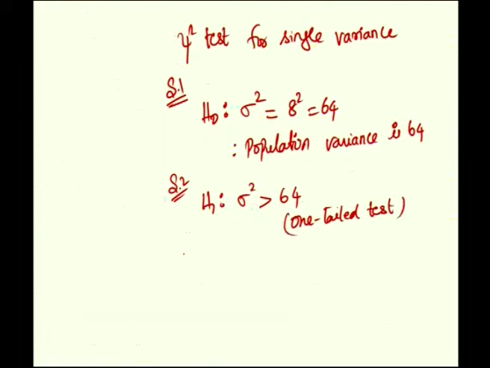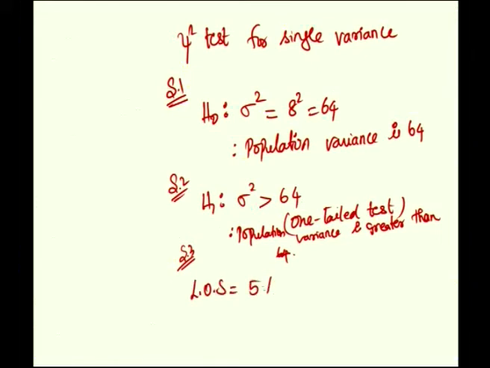And then step 3 says the level of significance. In words, actually here we take the alternative that population variance is greater than 64, and in step 3 we fix up the level of significance at 5%, and degrees of